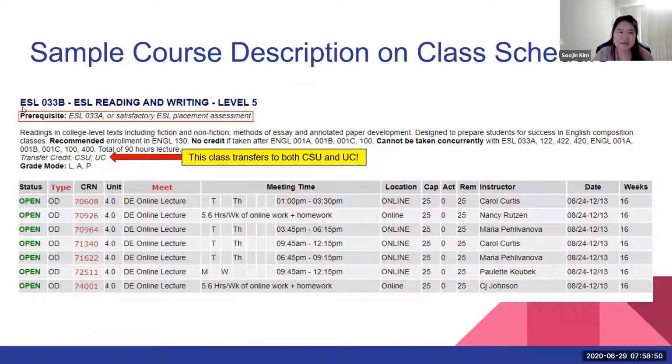As you can see, now we're back to my little screenshot here. The schedule of classes not only shows the course name and what it's called, but it also shows you the prerequisite if they have any. If you don't see that word, then you don't have to worry about it. There are no prerequisites. But in this case, for ESL 33B, you have to take ESL 33A in order to go up to 33B. Or if you place into this level directly, then of course you can take this class,